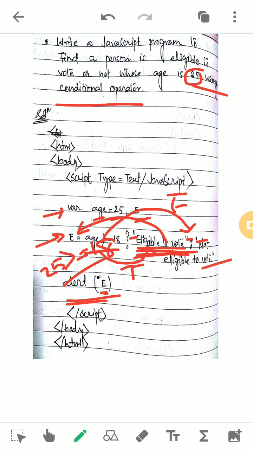Input you have to give from your side. Means I can give 20, I can give 15, I can give 7, I can give 70. So according to the users, the result should be displayed. On the addition and multiplication that we have done, the values